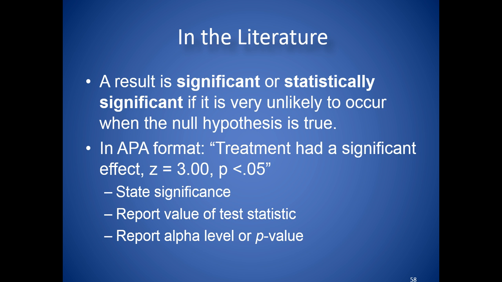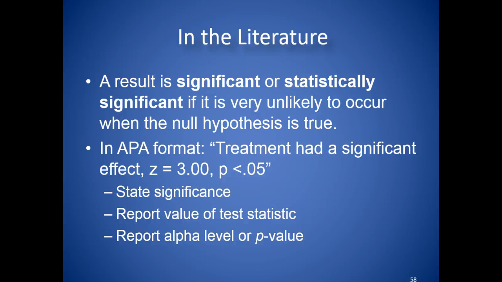So in the literature, when you read how all of this is being reported, a result is significant or statistically significant if it's very unlikely to occur when the null hypothesis is true. And we just put the p-value, whether it's less than 0.05. Sometimes you'll see a lot of 0.0001. That tells you that the chance is really, really minimal. It's less than 5%. And they put the z-score, then you know that 3 plus is definitely an extreme value,